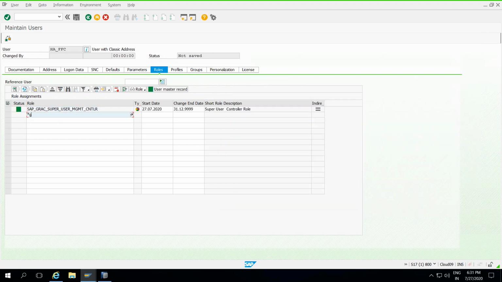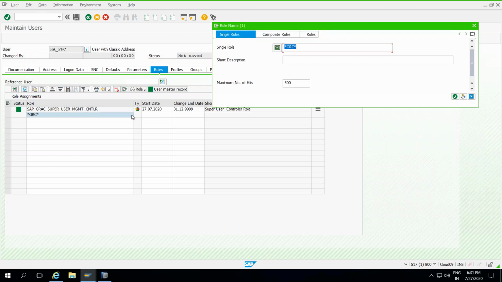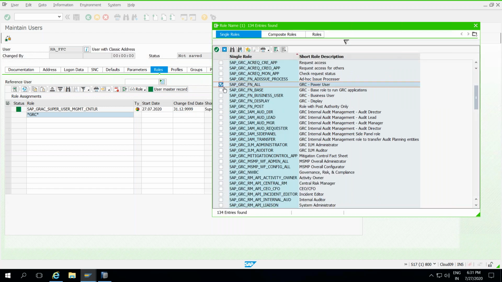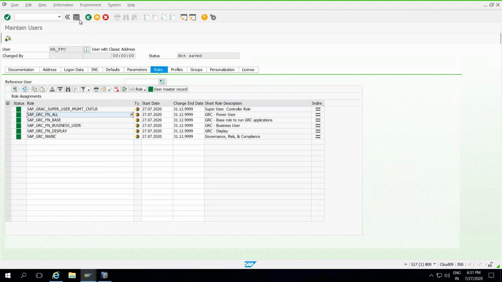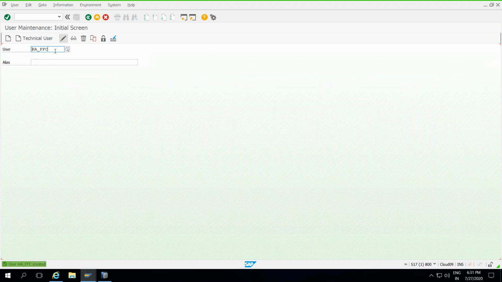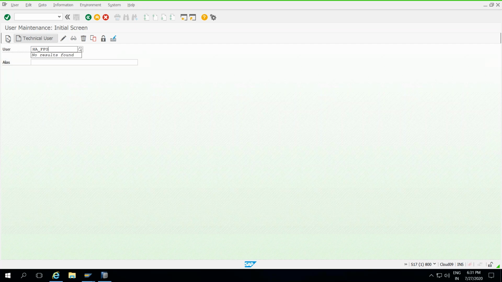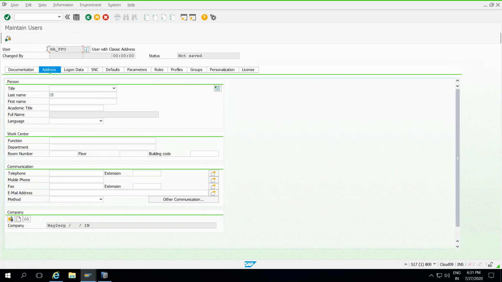Remaining, as in the previous configuration, assign some common roles also: FN all, FN base, business user, display, and WBC. These are the common roles to assign. Save it. Next one, creating a firefighter owner also. Create.